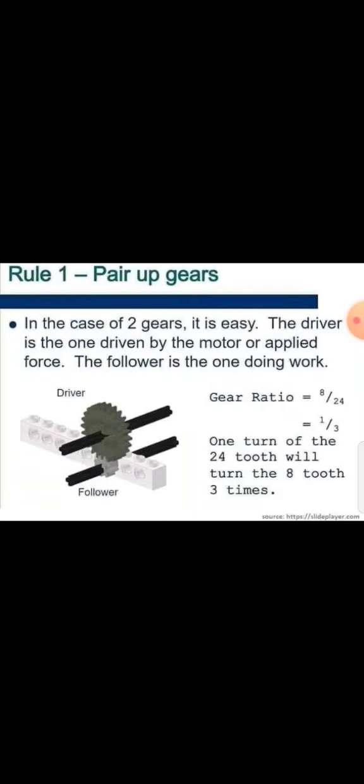Let's see in our example, the number of teeth of the follower is 8 and the number of teeth of the driver is 24, and 8 divided by 24, the answer is 1/3. So 1